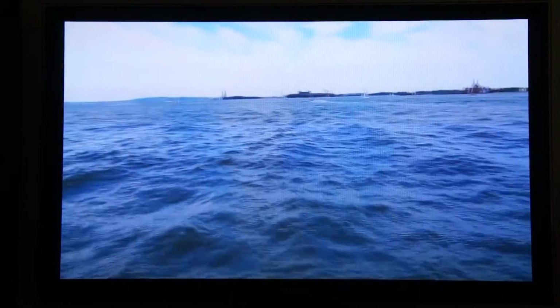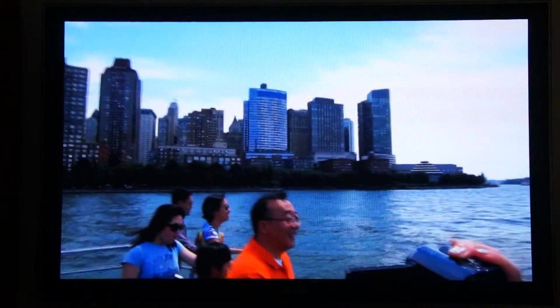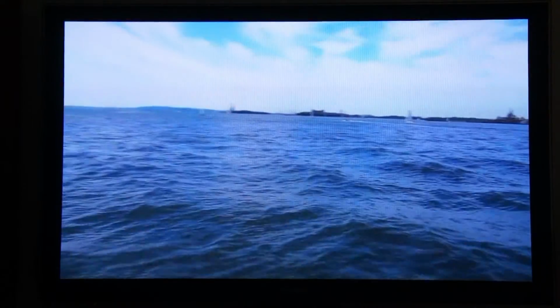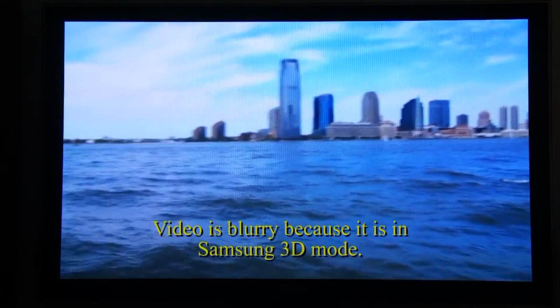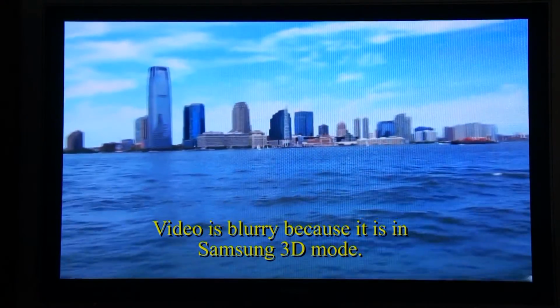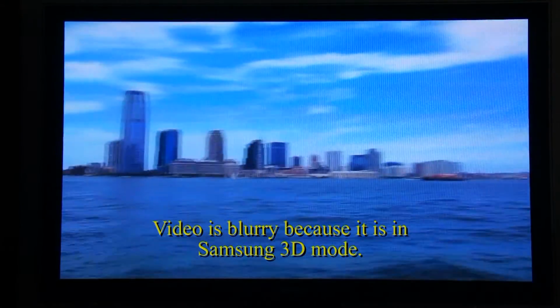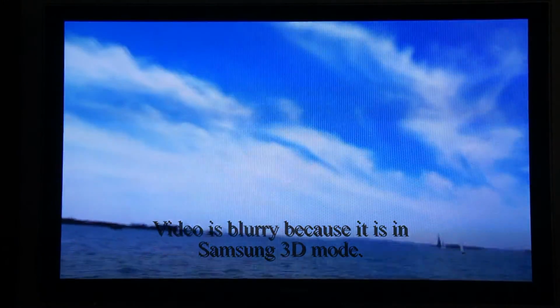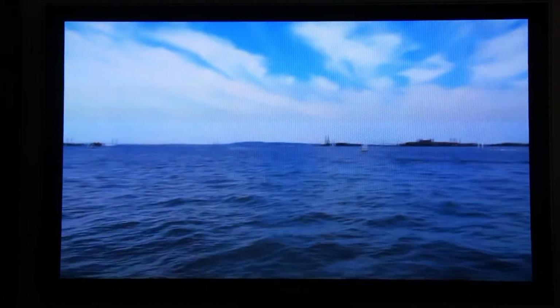you won't be able to see it here that much, other than the blur, you won't be able to see it at all. But this is really pretty neat in 3D, because the water's so close and the buildings are further away. You really do get a 3D effect. The only problem is when the film ends, it goes back to 2D mode, and then you have to do it again when the movie starts. It's kind of a pain. You see the buildings in the back are blurry, the double image and stuff like that. It doesn't. This is the raw video from my Sony NEX-5 camera,